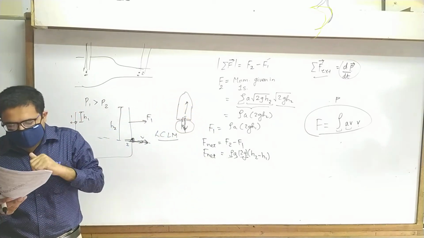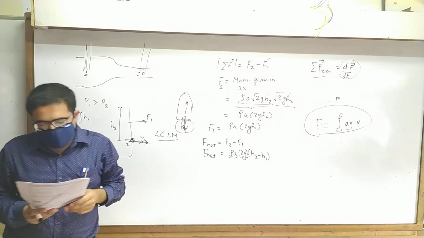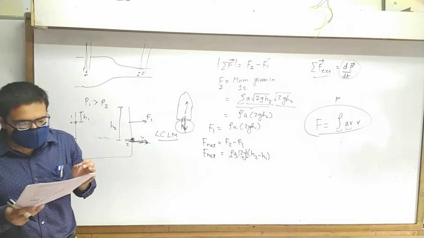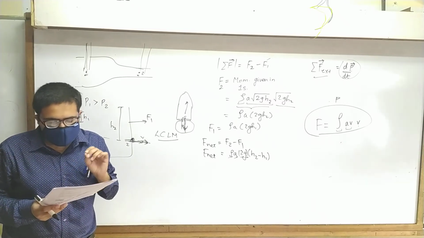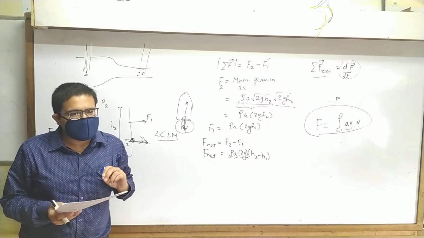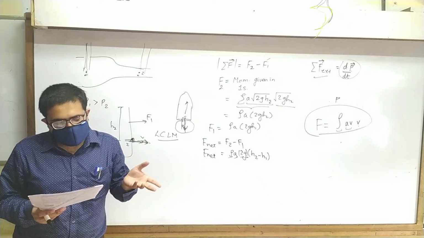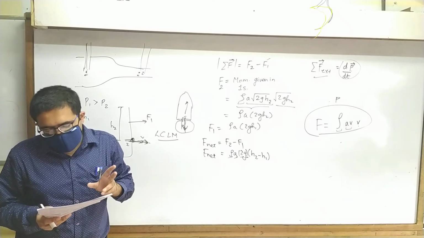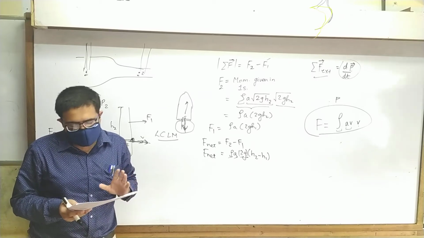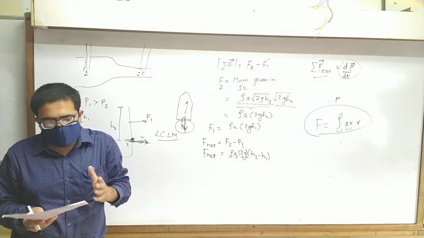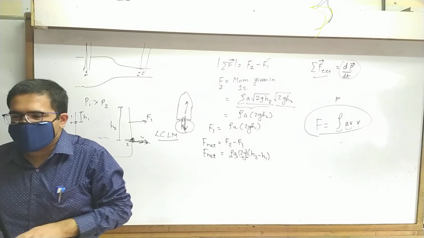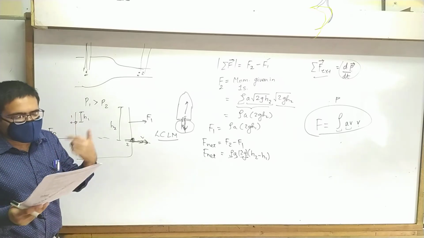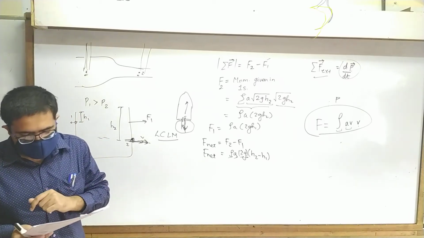Okay. Question 18. The velocity of a liquid coming out of a small hole of a large vessel containing two different liquids of densities 2 rho and rho is as shown in the figure. We have solved such a question earlier, haven't we? Yes. So I am leaving it to you. Just one thing: I am not absolutely sure D is the right answer. There might be some mistakes. So don't go by the answer. Do it yourself and see what you get. It's similar to that question I gave you earlier. Okay, let's go to the next.